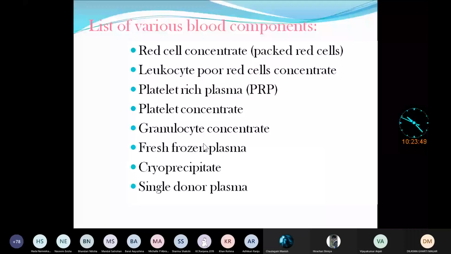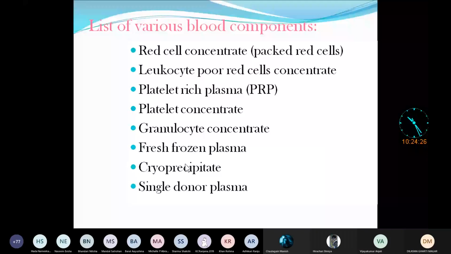Understood here? And another one is single donor plasma, meaning the plasma is taken from only one donor. That is known as the single donor plasma. So here you just have to know the names, nobody will ask you the detail as I have explained, but I just wanted to tell you so that you'll remember the names. Did you understand, any confusion here in the names? I hope you don't have.